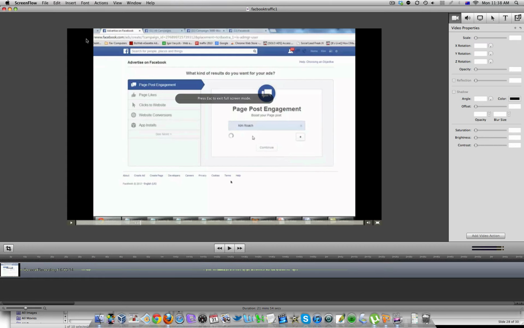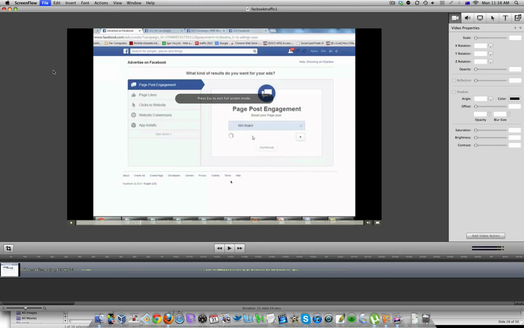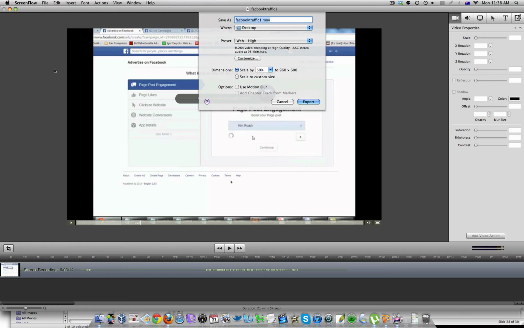Now all you have to do once you've done all the editing and you're happy with it is come up to File, click on Export, or if you're in Camtasia it might be a little bit different. Name it whatever you want, choose where you want it to save and the size of your video, and then click Export, and it's going to save that into a video for you to upload and use on your website